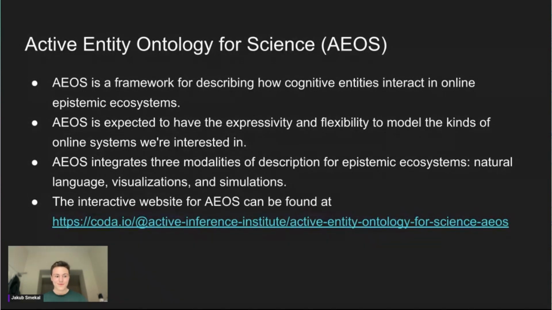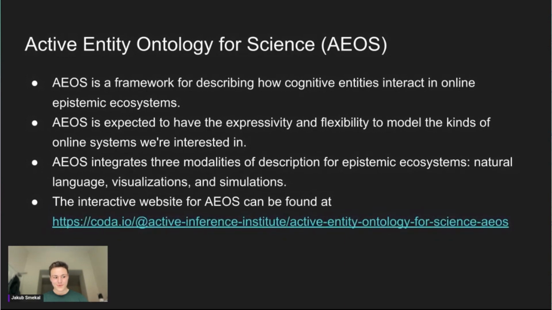And I think the same can be done for decentralized AI, which has a lot of similar artifacts that have to do with Web3. And perhaps we can say that either DeSci is encapsulated within decentralized AI or the other way around, depending on which you think is the bigger set. But the core utility of having a shared ontology that's grounded in another formal framework, namely active inference, allows us to